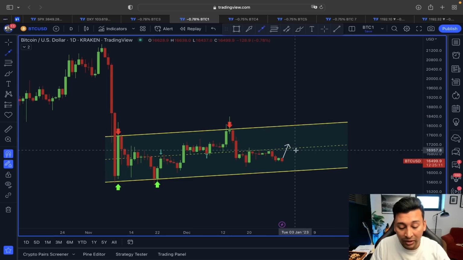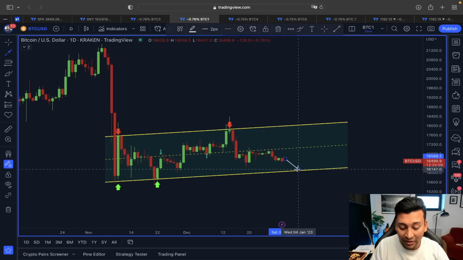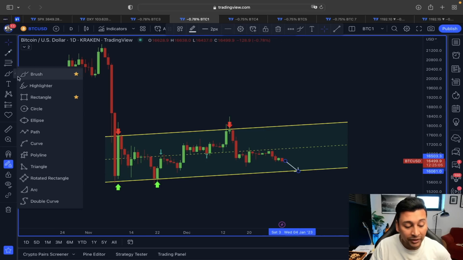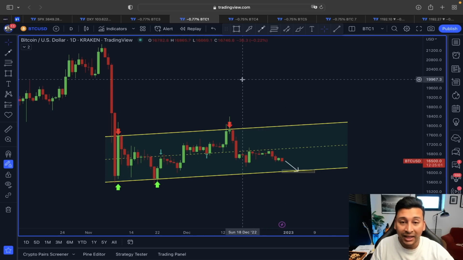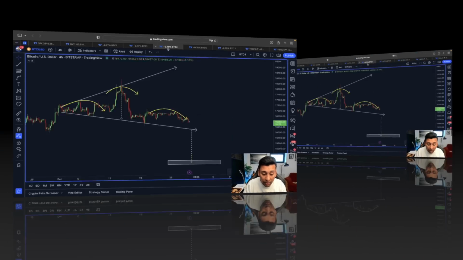But remaining below this 17,000 means there is also a potential for price to get gravitated towards the lower line, right, testing the support around 16,000 one more time before deciding the trend direction,